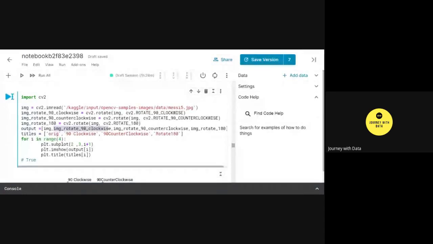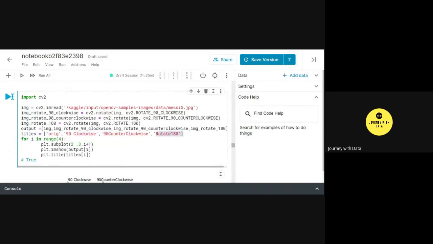And in this output part, I have simply created a list consisting of all the variables that I created earlier. So this is the original image, and then 90 degrees, and then 90 degrees clockwise. If you find that these variables are quite lengthy, just shorten them according to your choice. And then here I have given the titles: original, 90 clockwise, 90 counterclockwise, and then rotating it by rotate 180.